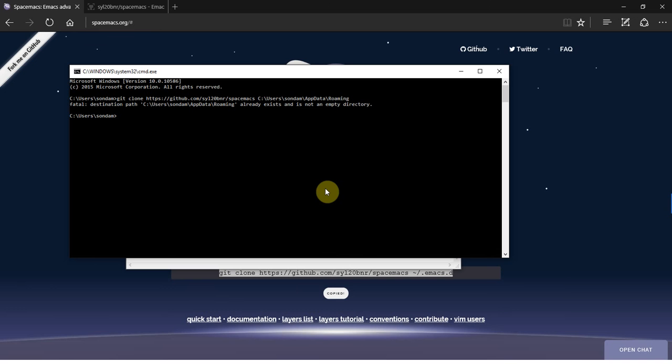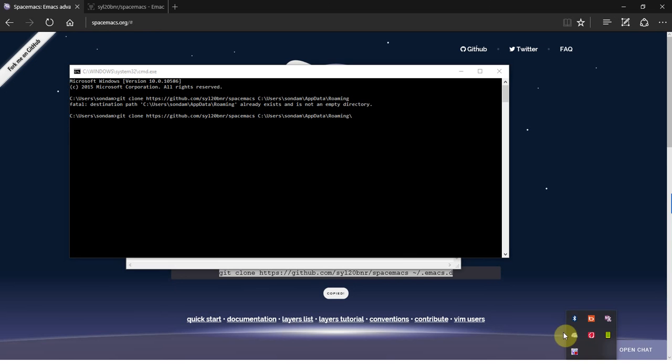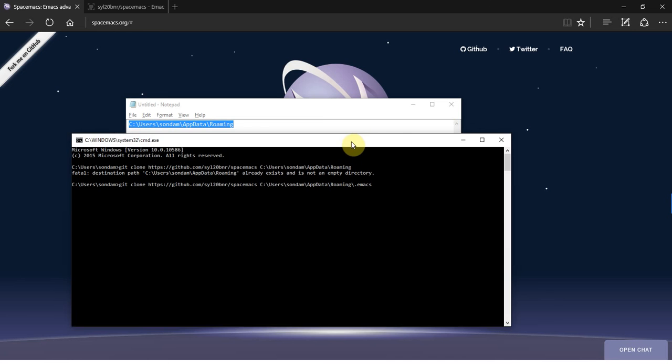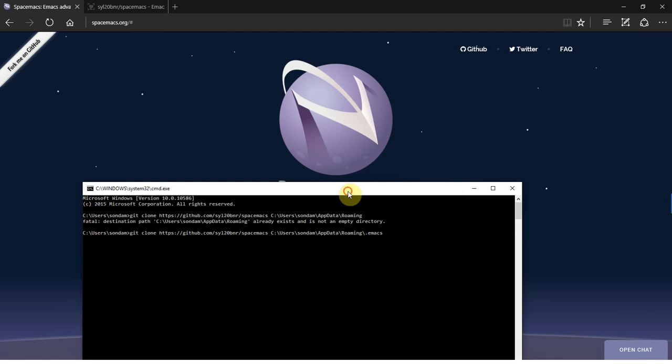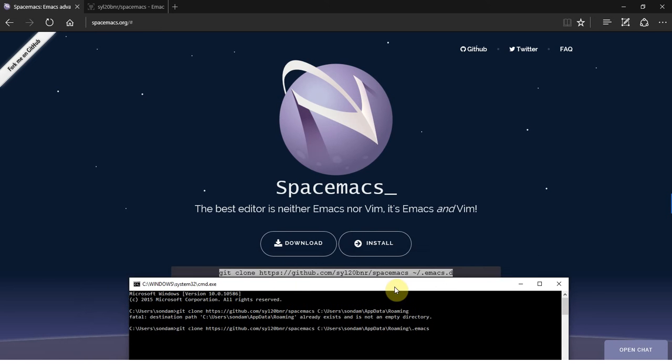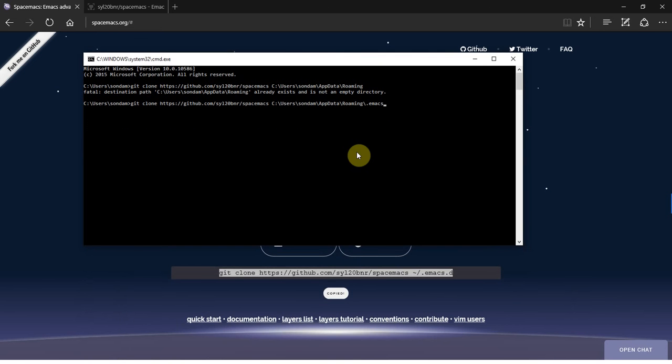Interesting. Right, that was my mistake. Actually, what you need to do is same path, but you just want to put .emacs.d. Alright, so once you have that,